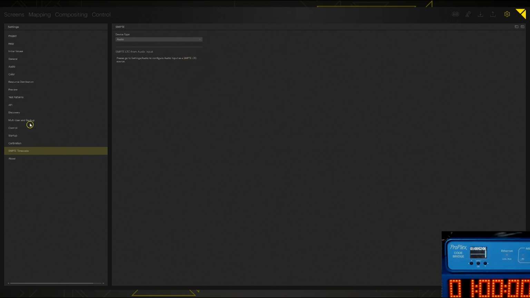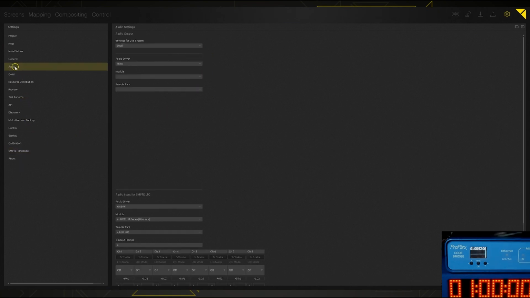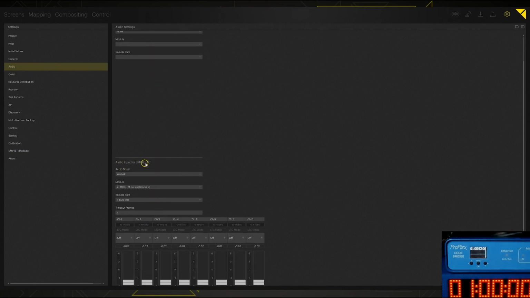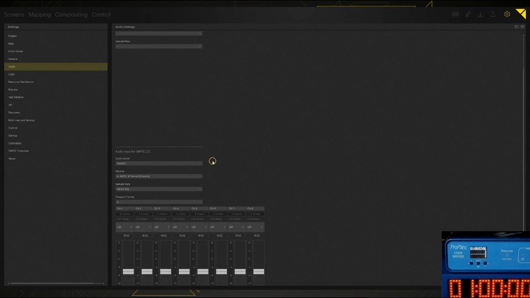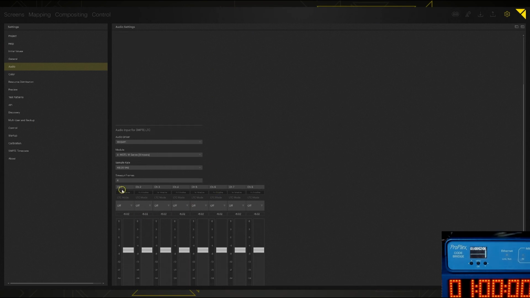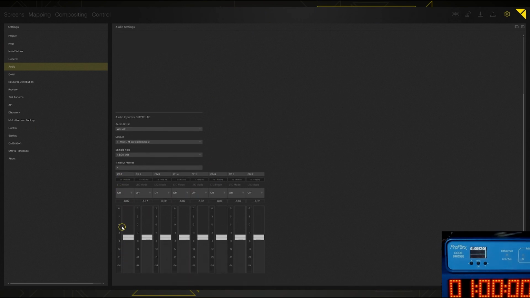So I'm going to go to my audio settings over here. And if we look down, we have audio input for SMPTE LTC. As we can see, we've already picked our audio driver here, and we have a Motu M4 audio interface hooked up via USB to this machine. And we can see that we've got some options here of those incoming channels. So if I turn one of these to 30,